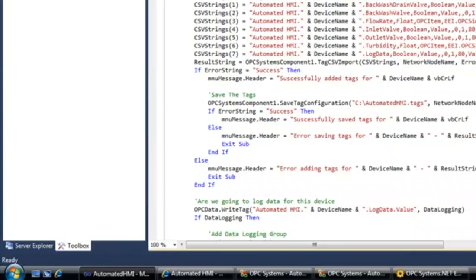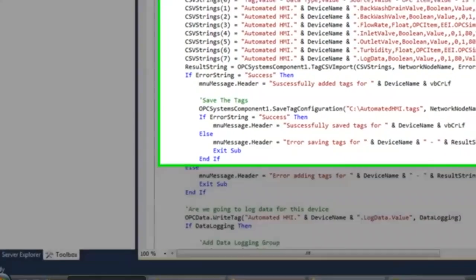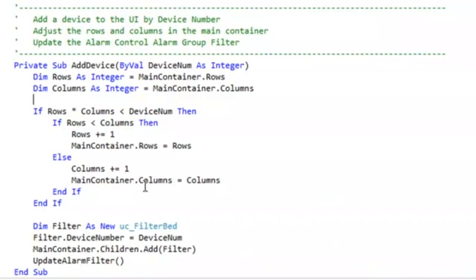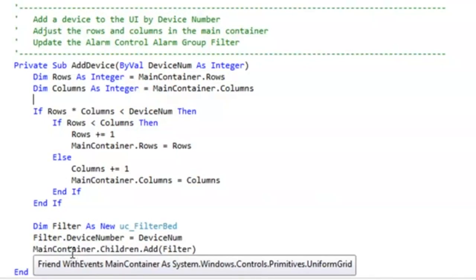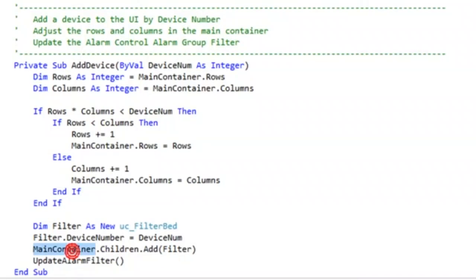And once we've added the tags and defined the alarm limits, the next thing is it would automatically add the form for the filter bed, one for each filter. Here we see the method Add Device, where it's adding a filter to the main window. And if we look at the code for the filter bed,